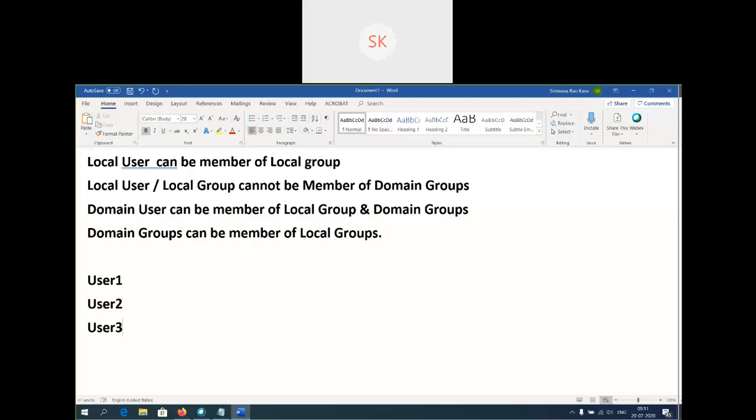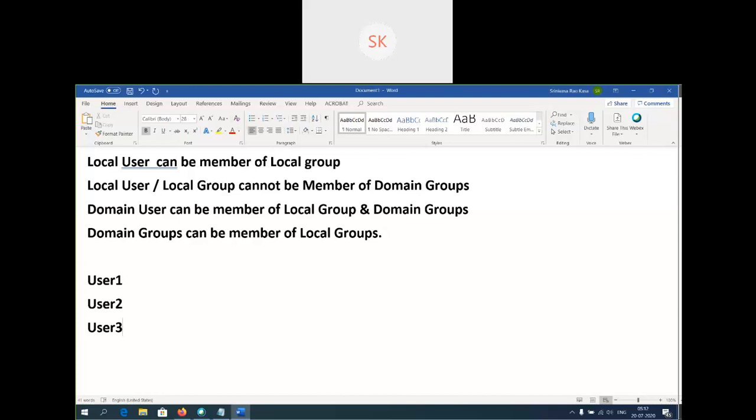Okay. A domain user can be a member of local groups and domain groups. How that happens, we'll see today. Domain groups can be members of local groups.